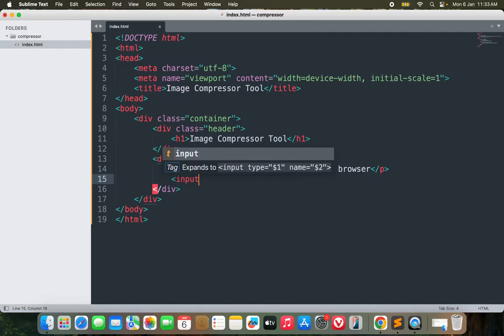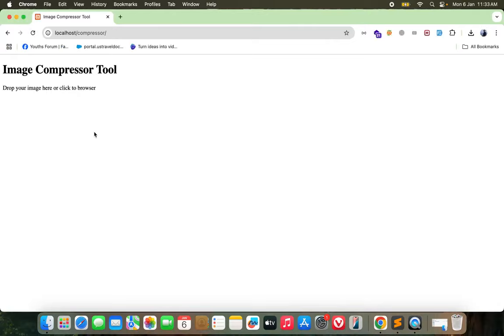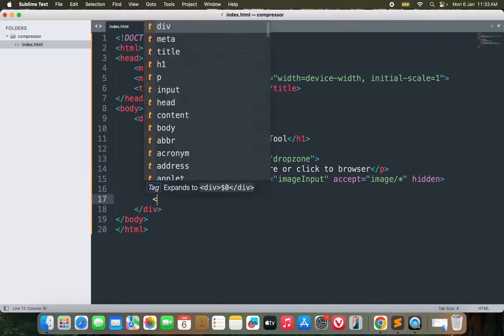Right, so I'll need input type equals file, id is equals to something like image input, and accept only image files. And let me hide it. I don't need to show it to the user. Okay, this is done. And let me create the preview container